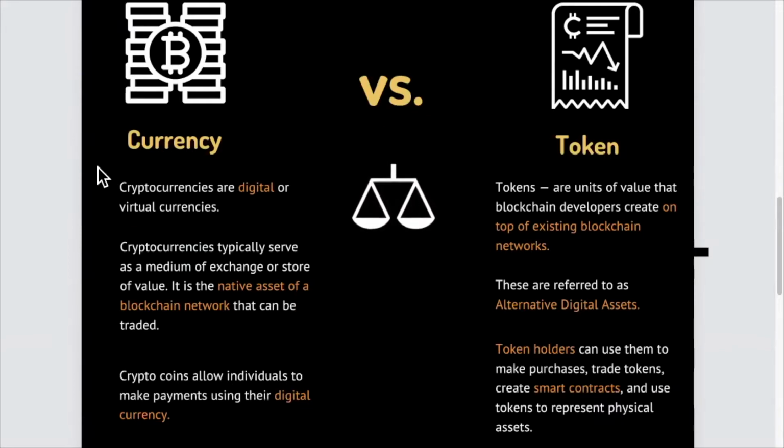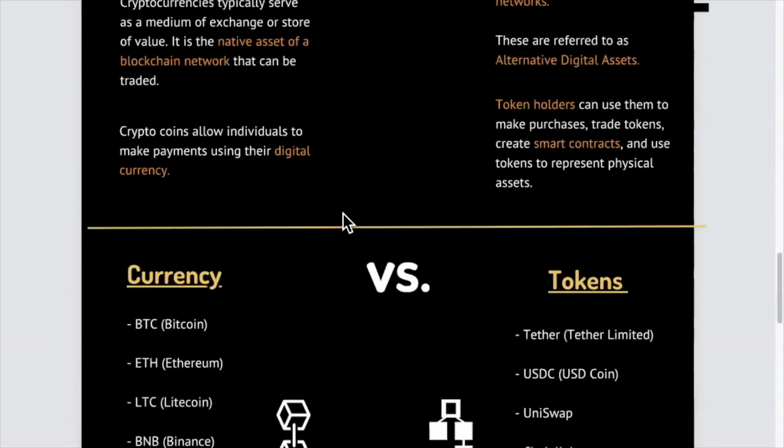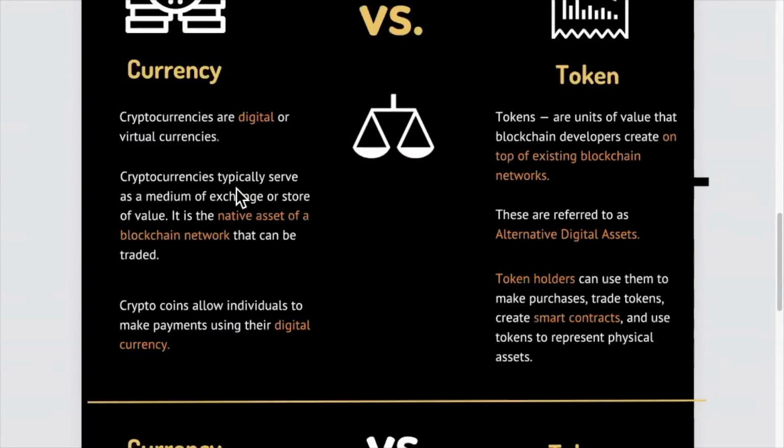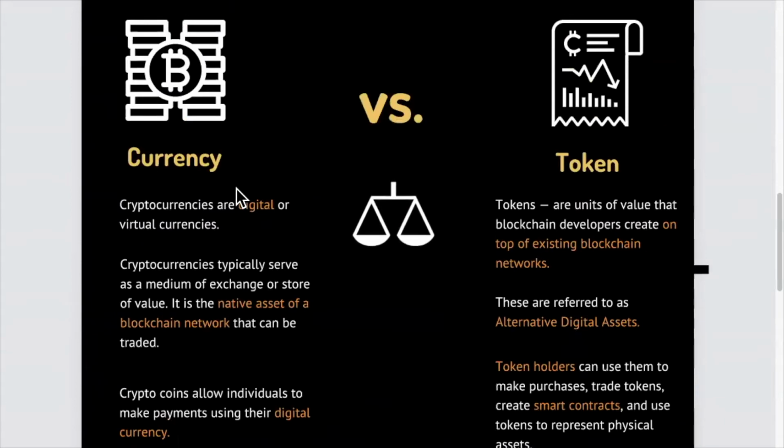Someone's either going to develop a new coin, a new currency to try to overtake these existing ones, or someone's going to come out with a token which is built on one of these existing platforms and is not a threat to the platform, but instead adds value to that network. So tokens actually add value to the network that they're being built on, which is why they're a great addition to the space. In the future, if you see these two terms, currencies, aka coins, or tokens, now you understand the difference and you can make a more informed decision.